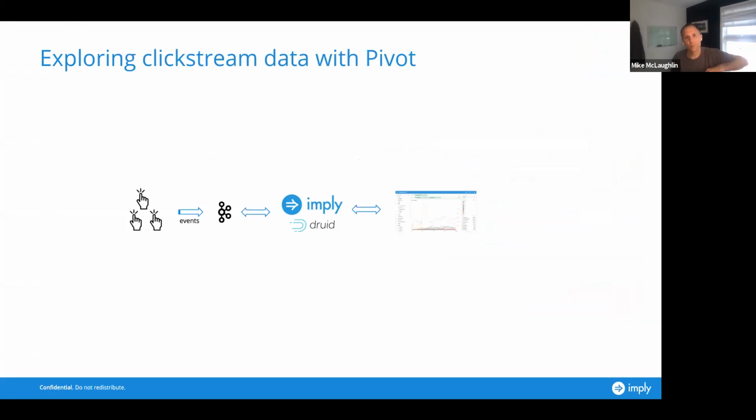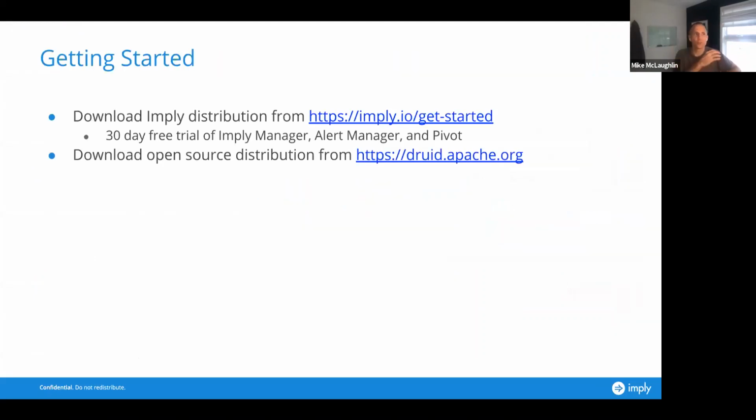I won't have time for a demo, but I'll show you the resources page. If you're interested in downloading, Imply has a package that you can download. It does include a 30-day trial of the Imply pieces. If you don't want any of the commercial aspects, that's totally fine. You can download this distro from the open source